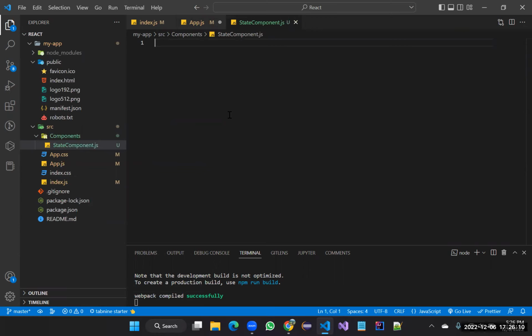Before coming to this state, we also focused yesterday that in React we can write two types of components. One is functional components and the other is class based components. You can write the component in the form of a function or in the form of a class, but state is only available in the class components. It is not present in the functional components. To overcome this, after React 16.0, it introduced a new concept called React hooks, which allows us to write the same state related logic in functional